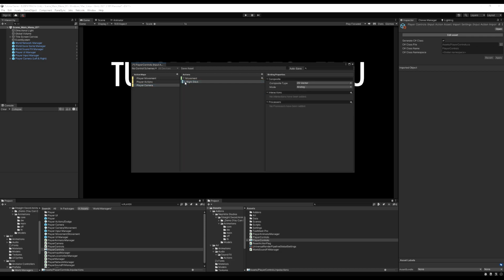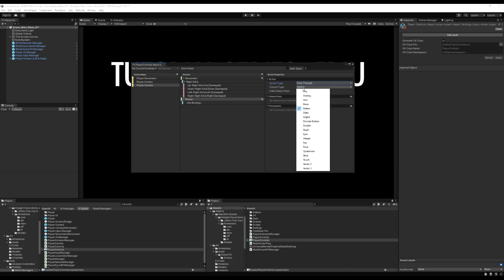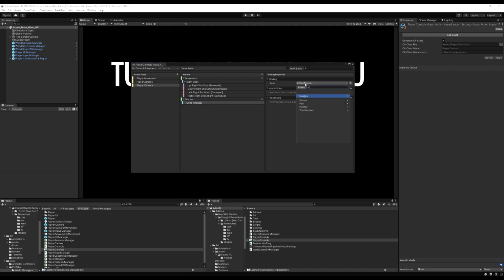Now for your camera, what you want to do is go to where we have the camera movement. I'm going to make a new one just to show you, but I'll actually revert it later. So make it a pass-through, and you don't want button. You can use a few things here, but what you want to use is the delta. Then go down here on the mouse and just look for mouse delta, okay? So if you were to set this up on the movement key up here, I'm actually going to do it just to show you that it works.